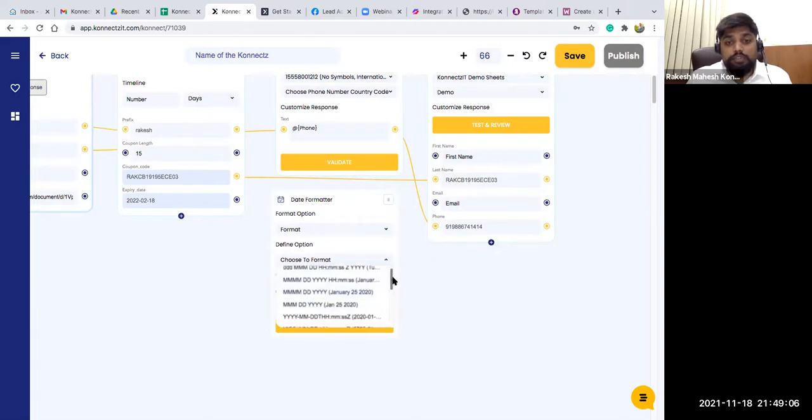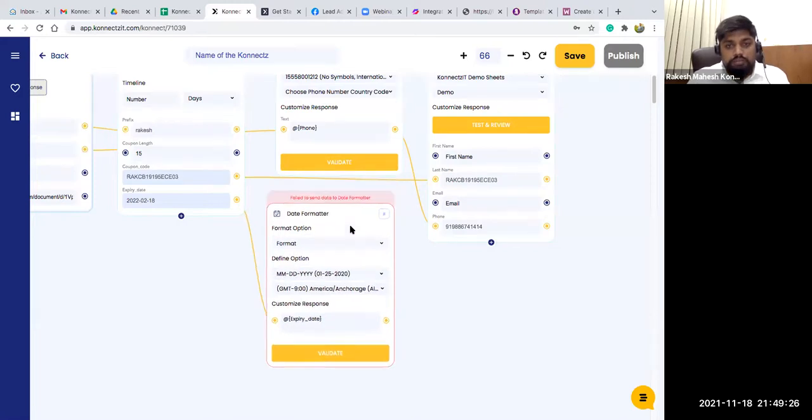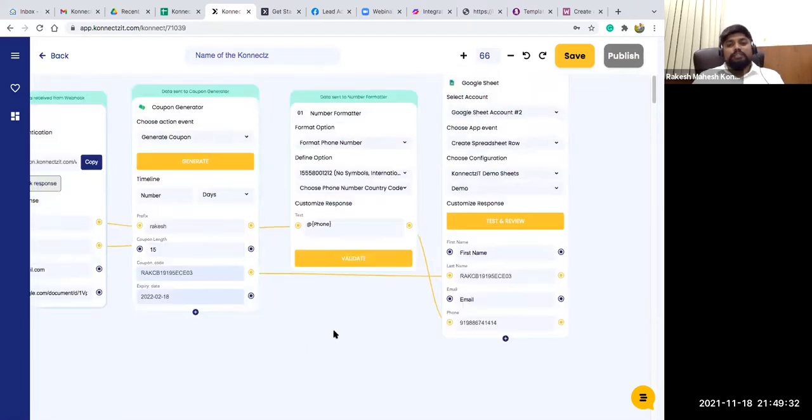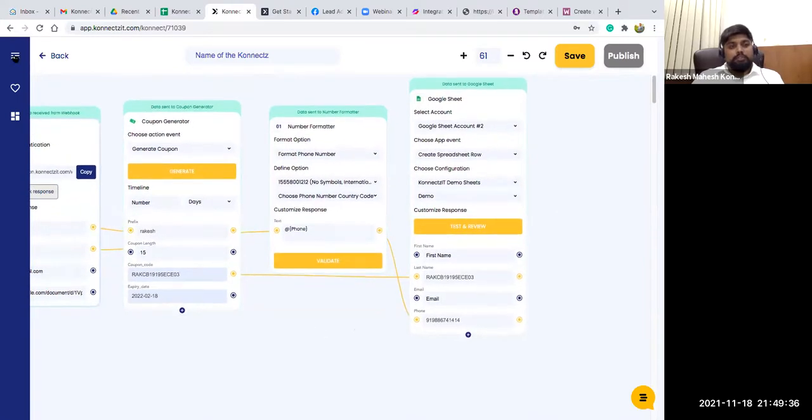So I'm going to choose a different format, that is month, date, and year. I'll be choosing this particular format, and for time zone, I just choose any other time zone. So I just connect the date here and select the date and click on validate. So some problem is happening. So basically you have to do it using the date formatter, something like this. So I'll go check whatever the problem is.